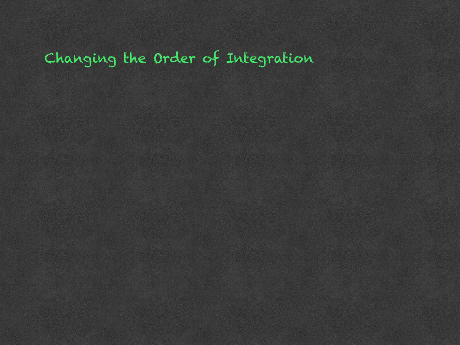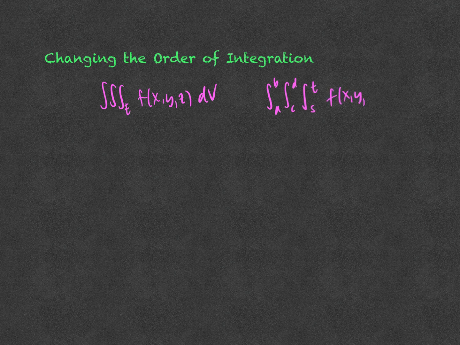Fubini's theorem for triple integrals lets us write our integral as an iterated integral, and there are 6 different ways which we can do it. So when we look at this problem, let's start off with the fact that this is defined to be a triple integral, where you have some function in here. And when you actually put bounds on it, let's say a to b, c to d, and I forget what letters we use here, s to t maybe, of f of x, y, z,